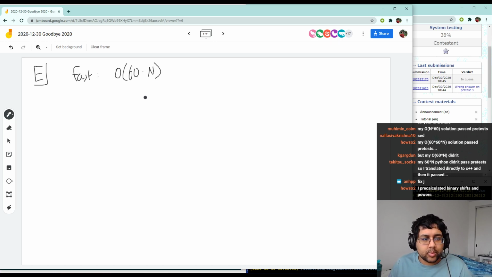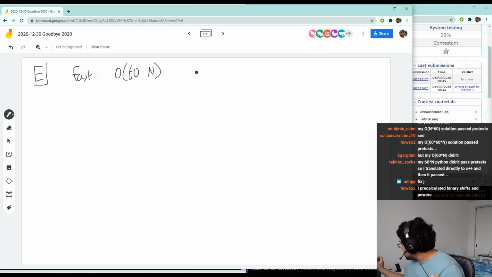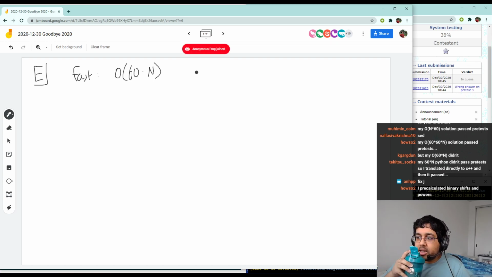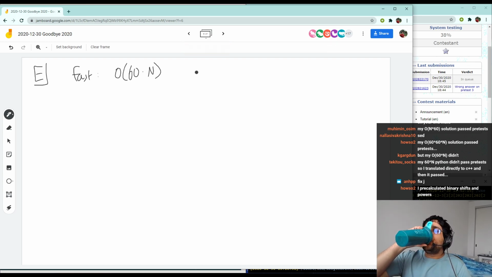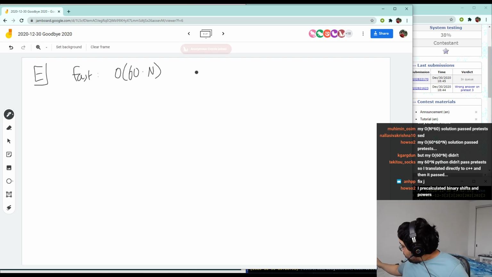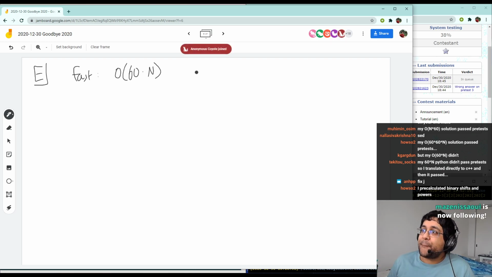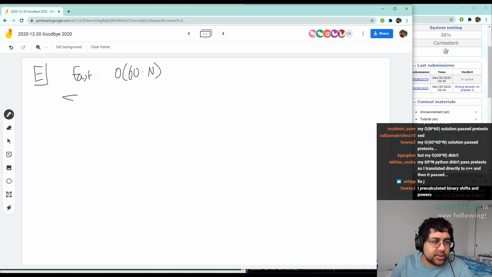So here we want to be able to solve this without computing that count for all the pairs. We just want to be able to do this in 60 times n. Cool. So there's kind of a cool trick to this. So first we can interchange the summation. So let's put j on the outside. Then